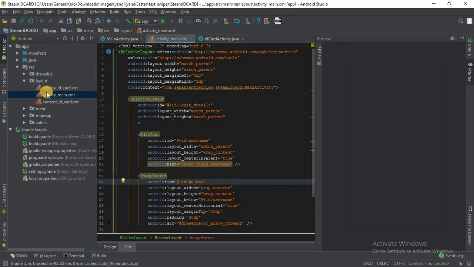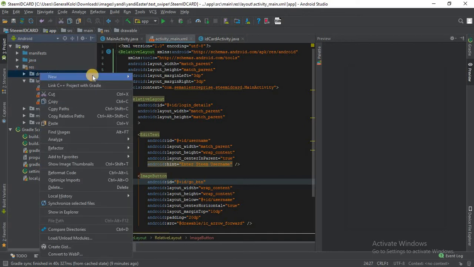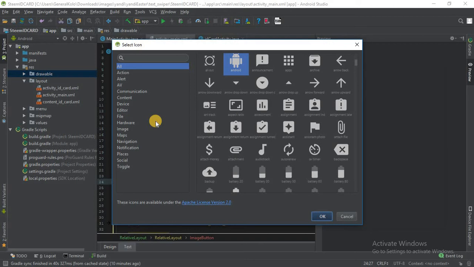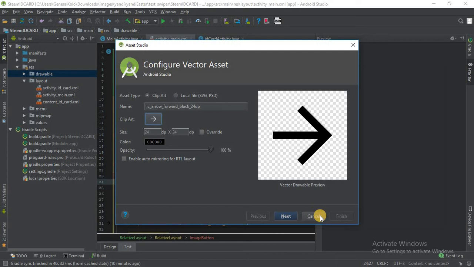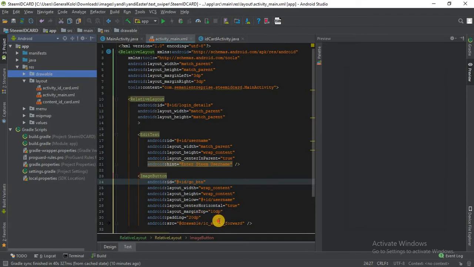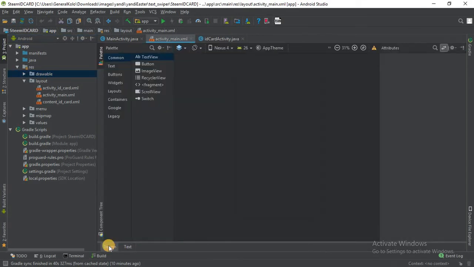So in order for you to get that vector asset, you come to your drawable folder under your res folder, which stands for resource. Under drawable, right click, new vector asset, you click on the clip art in order to change it, and then you click on the arrow forward, you click on next. So in order for you to follow this tutorial, you just rename this. Okay, click on next, and then if you are done, you click on finish. Alright, so we set the source to a forward arrow,